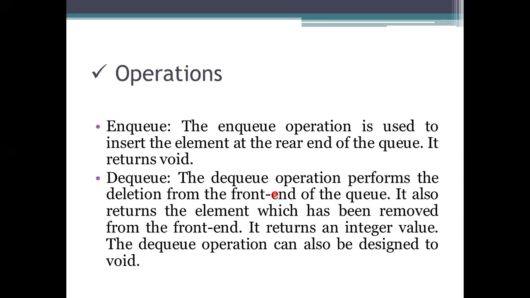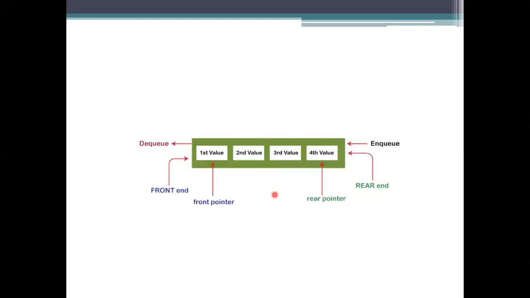So coming to the first method, which is used to insert an element at the right side, the point where we are inserting is specified as the rear end. We insert an element from that end. If you want to delete an element, that is DQ, this operation will be performed from the front end of the queue, as specified in the previous example. From this side, we will be deleting the elements.